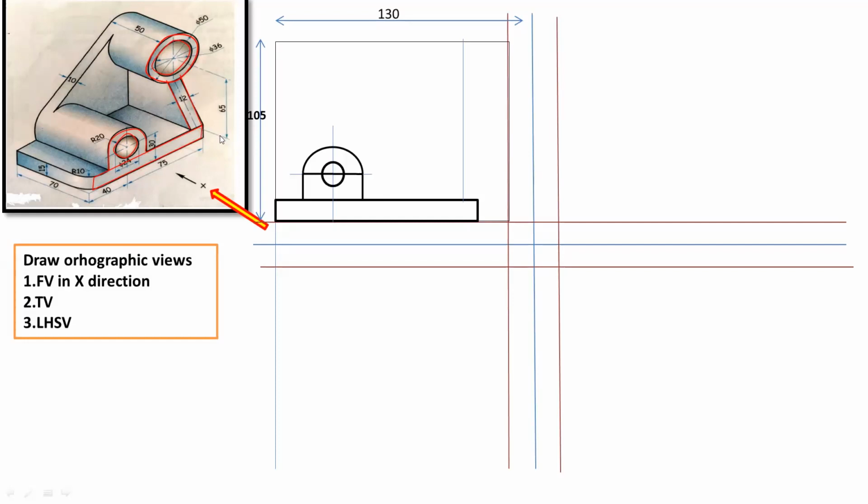Okay. And at 65 mm from this line, so this is the side of the rectangle, take the distance 65 mm. Okay, so this line is drawn at 65 mm from this line, and then draw a circle of 36 and a circle of 50 diameter. So this is 36 mm and this is 50 mm. Okay. Now here you can observe two features. So this is first and this is second. So basically these are called ribs. Okay.